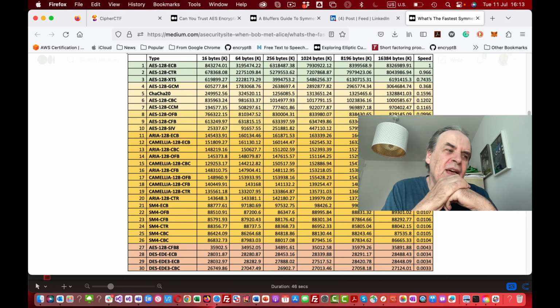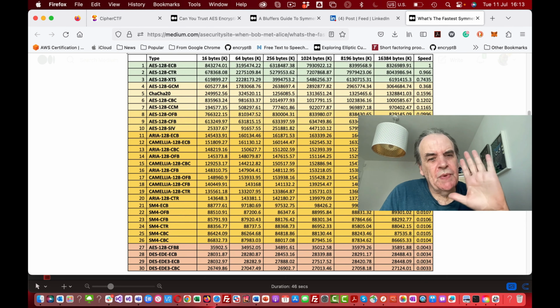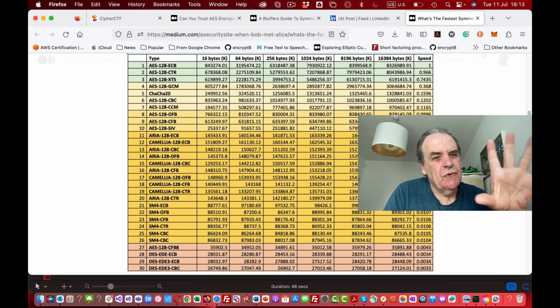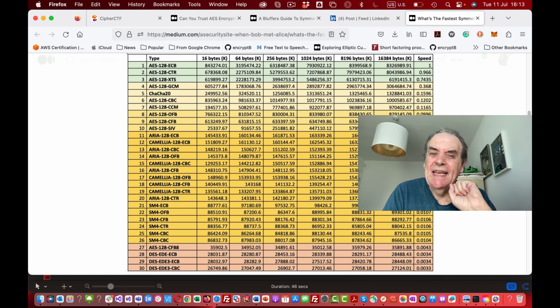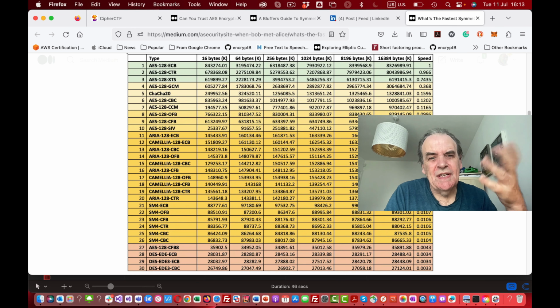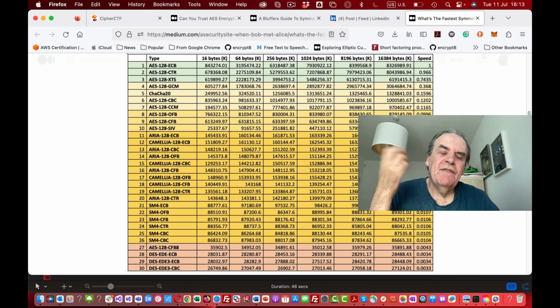Okay, so let's look at some encryption where we can modify the ciphertext. In symmetric key encryption, we have the same encryption key to encrypt as we have to decrypt. So Bob will use an encryption key, Alice will have the same encryption key, and we'll be able to decrypt. So we go from plain text to ciphertext with the encryption key, and from ciphertext back to plain text with the same